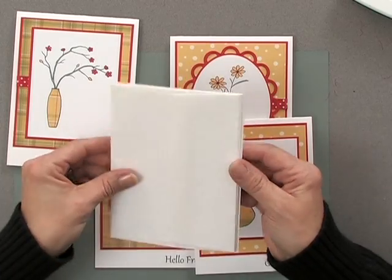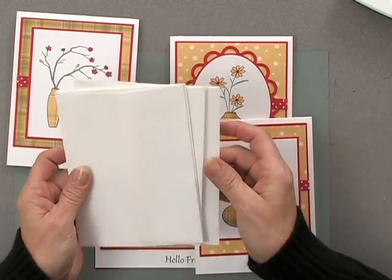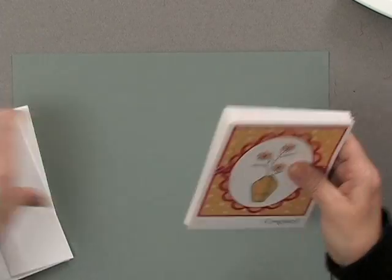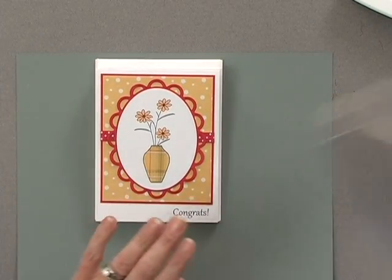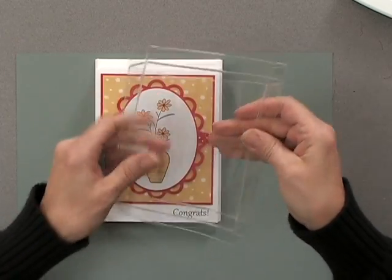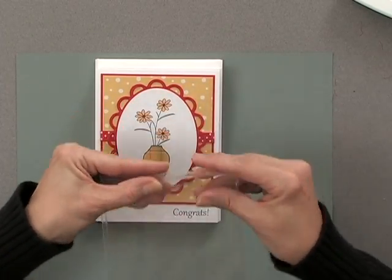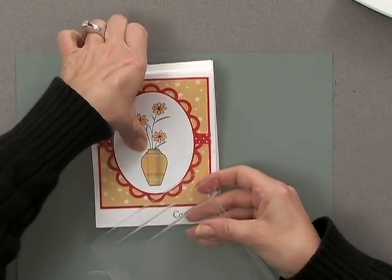And here I have a few of the Gina K Designs Pure Luxury white envelopes. So I have 4 of them, and along with my 4 cards, I will put those into a clear box. So let me grab that clear box and put it all together here. I'll assemble it. And then I'll place my cards in here